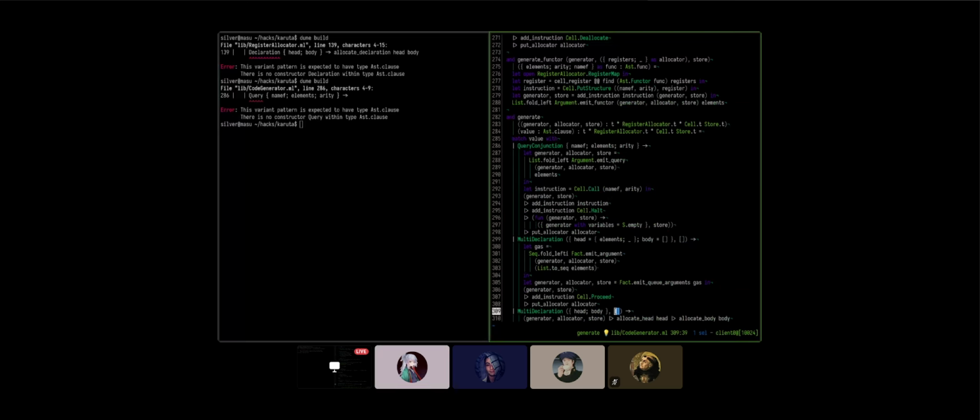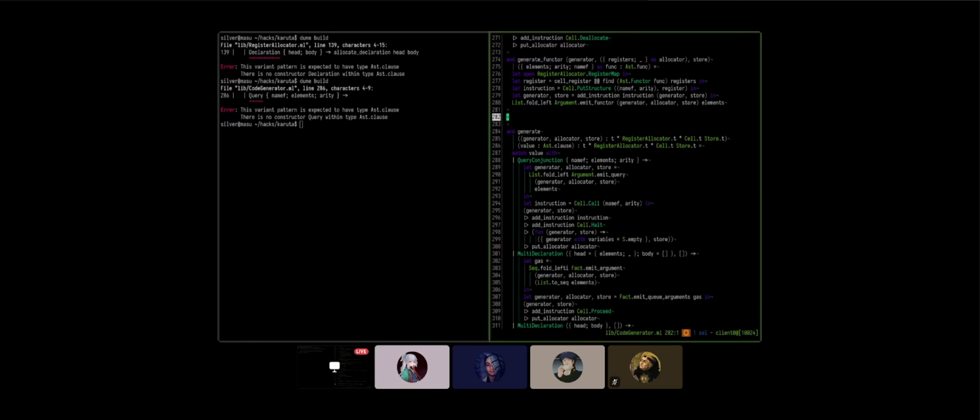Because, like, okay, we need to say, probably better to separate a helper for declarations actually. Yeah, probably. Like, generate single declaration, which is going to do what we're already doing, right?